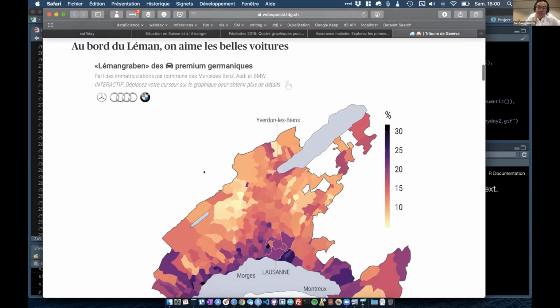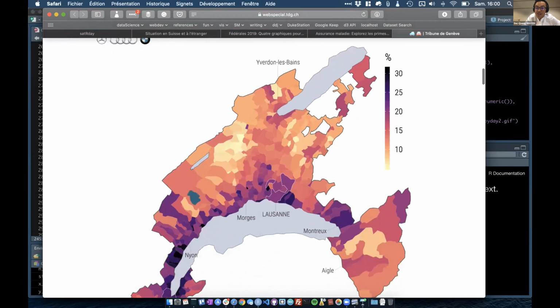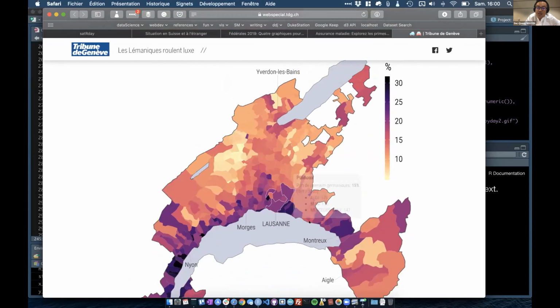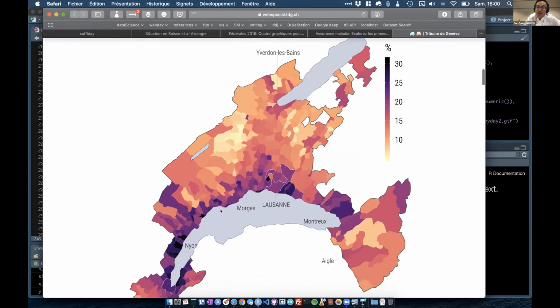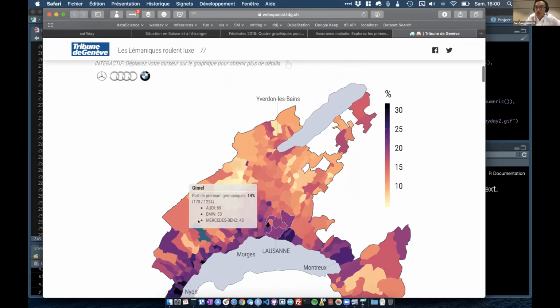It shows here on this map the share of Mercedes, Audi, and BMW by municipality. It ranged from pretty high, almost 30%, to, I don't know, 10% in northern Canton de Vaud. And you can really see the effect around the lake. It's really expensive car brands by the lake, which is not really surprising.